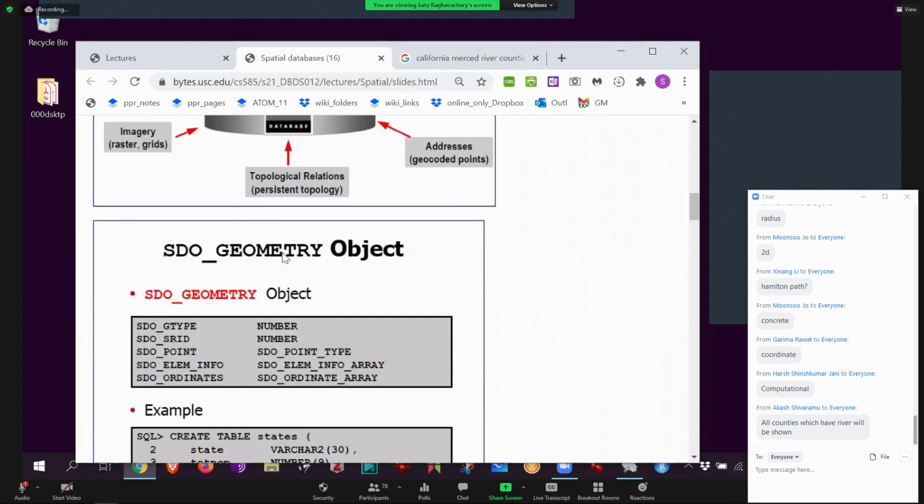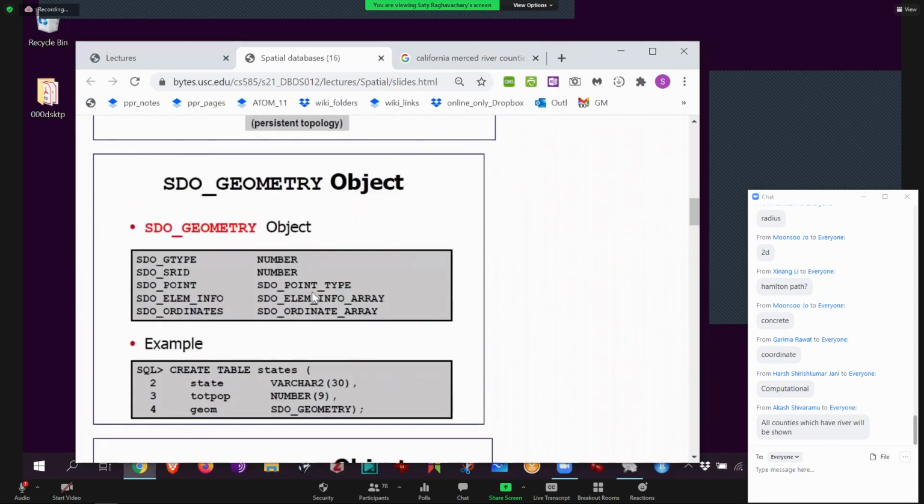All right, this is extra detail. You don't need to know too much, but in Oracle, and only in Oracle, regardless of what you actually store, whether it's points, lines, or polygons, they're all called a geometry object. Meaning there's a wrapper object that wraps all the actual data types. The wrapper is called SDO_GEOMETRY. SDO stands for spatial data operations. It comes from many years ago. So everything is ultimately an SDO_GEOMETRY.